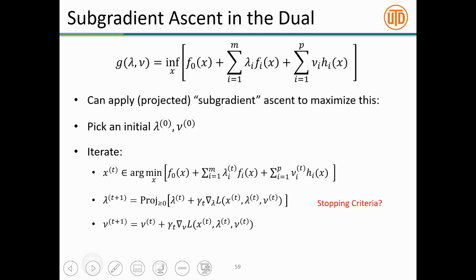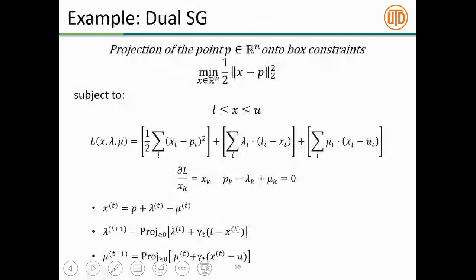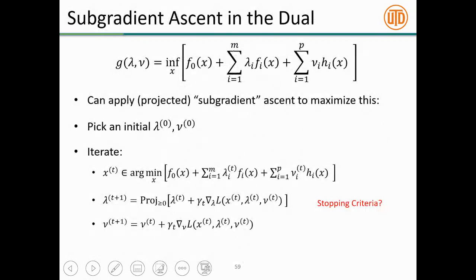So here, let me just show you this quick example, and then we'll end here, and I'll talk about one other method next time. Oh, I should point out one other thing. What's the stopping criteria for this method? Well, it's a subgradient method, so there's no nice stopping criteria. You just run it for a bunch of iterations, again with standard step size choices. So it should have a diminishing step size, the gamma_t should be diminishing, but otherwise it's the same kind of thing that we applied before.